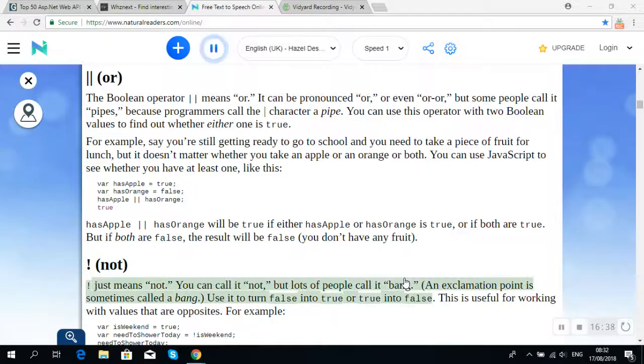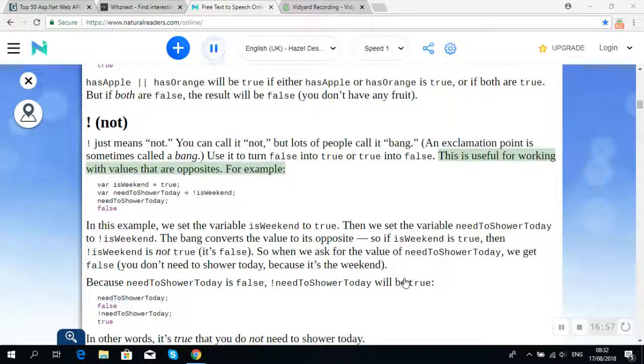Not just means not. You can call it not, but lots of people call it bang. An exclamation point is sometimes called a bang. Use it to turn false into true or true into false. This is useful for working with values that are opposites. For example, var isWeekend = true; var needToShowerToday = !isWeekend;